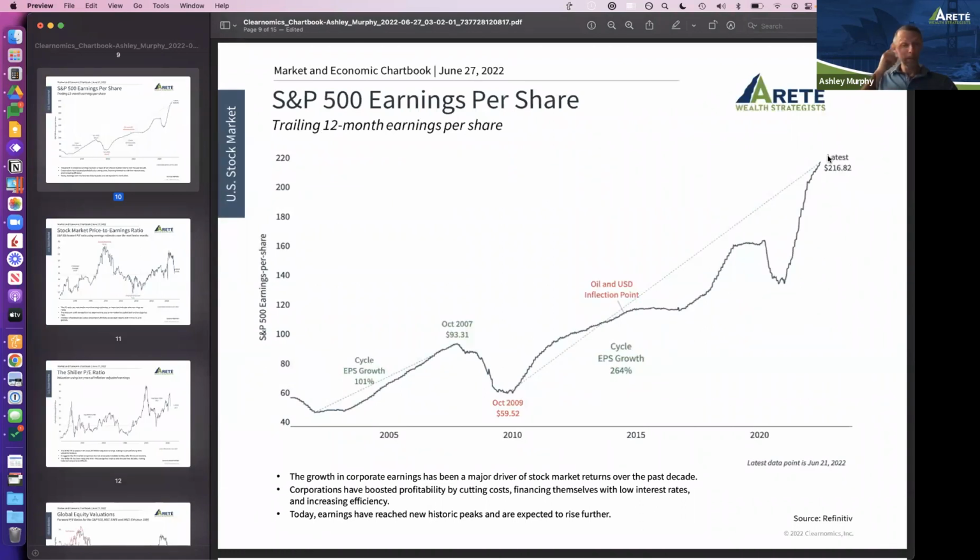Look at that. So what do we see here? We see a stock market decline based on expectations of, hold on a minute, inflation's getting out of control, the Fed's raising interest rates, surely this is going to slow the economy. It probably will. I imagine we may already be in a recession. But the earnings per share, as per the most recent data that we have, which is very recent, is still showing record earnings per share. So companies are selling more at higher margins. They're making more money. The fundamentals there are very good.